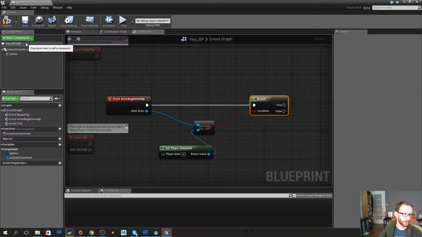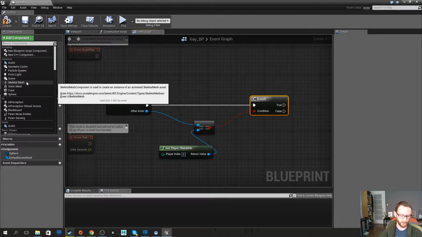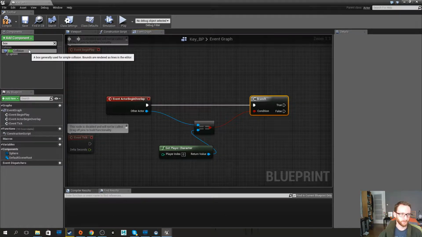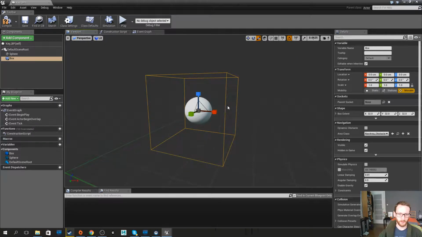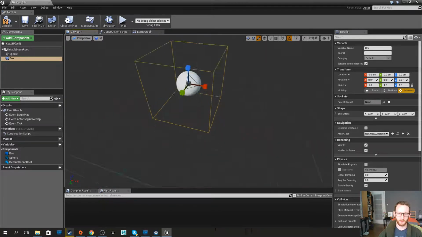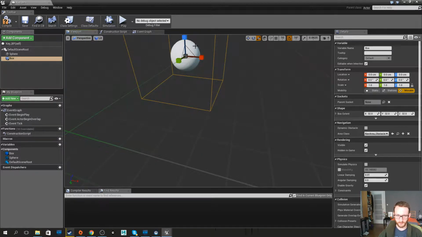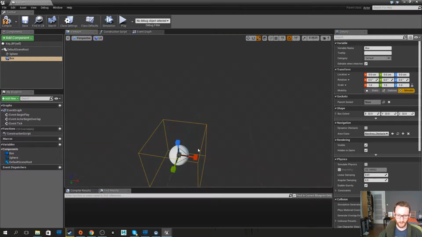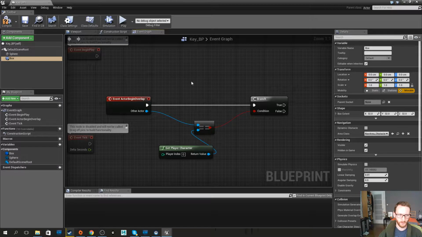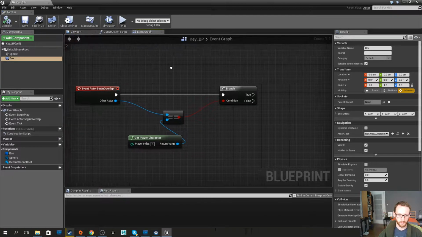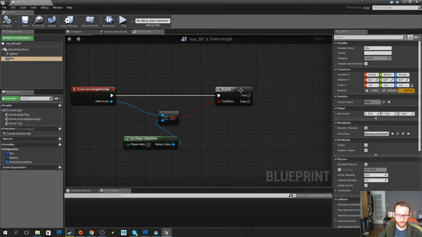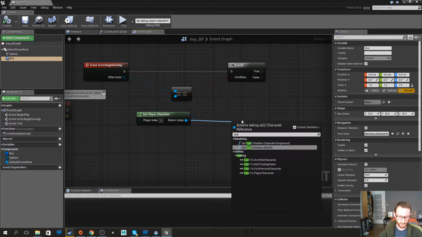And something we want to add here is also a box. This is only so you don't have to collide with the object itself, but just being close to it will be enough. So now we're going to enter into the box that's going to do it. So we want to cast to first person character,